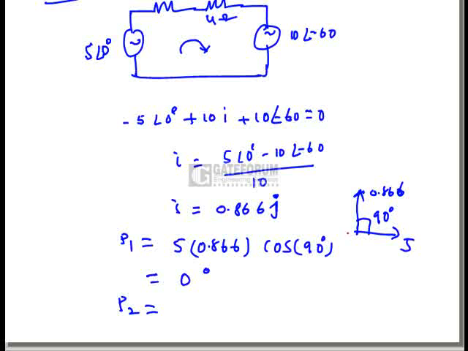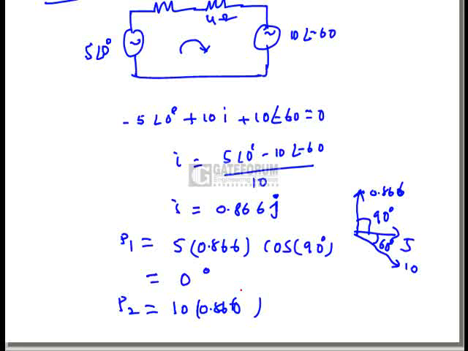Now coming to the power delivered by source 2. What is the relationship between the voltage 5 at an angle 0 and 10 at an angle minus 60? The voltage here lags by 60 degrees. The second voltage lags by 60 degrees. So if you find out the power delivered here, it is V I cos phi. That means what? V is here, voltage is here 10 and current is 0.866, and the power factor, that is cos phi, that is equal to